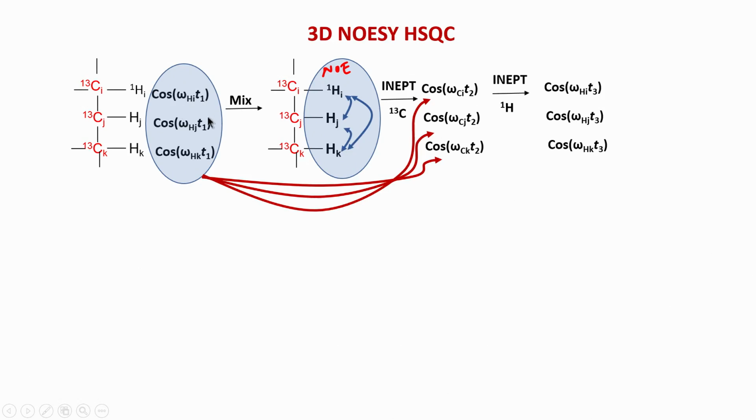So, these modulations, that is these terms, are connected to these terms also. So, all 3 with all 3. Then each of these gets connected with this, that is through INEPT. So, that is just Ci to Hi, Cj to Hj, Ck to Hk. Here there are no cross terms, cross meaning there is no term between Ci and Hj or between Cj and Hi, because this is INEPT, which is only direct transfer.